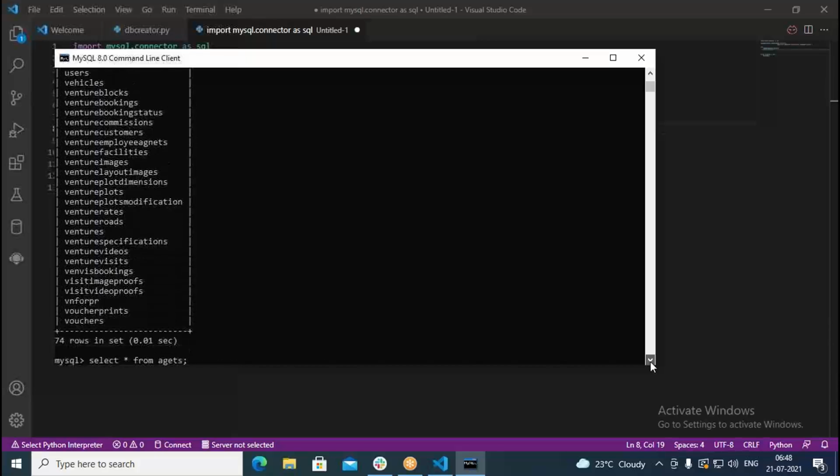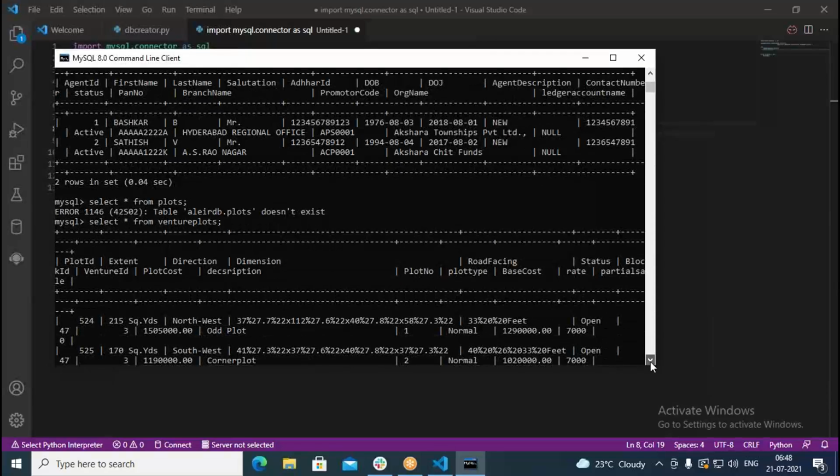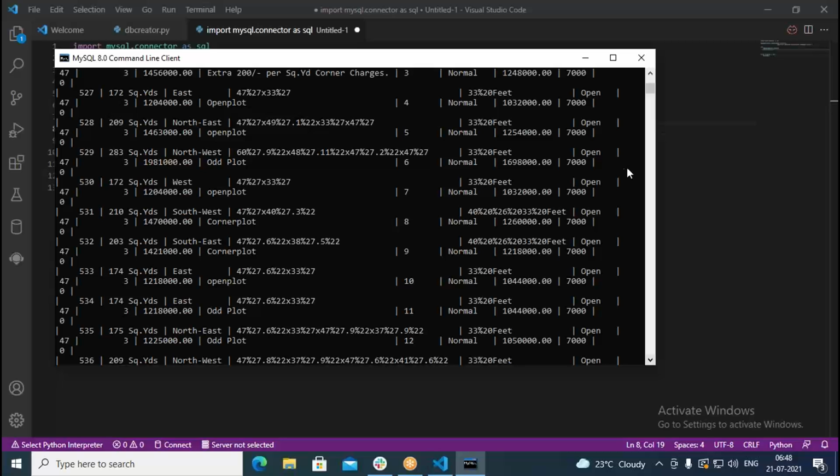We used the create procedure command and with that we wrote a procedure.